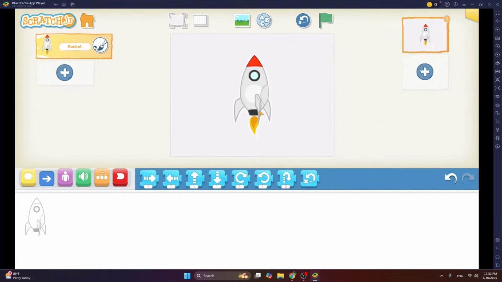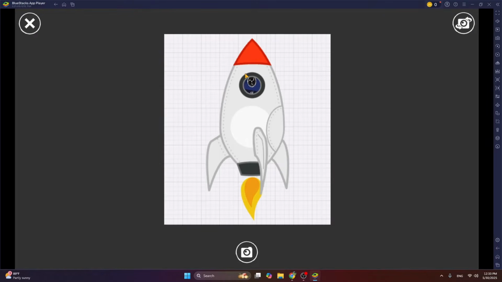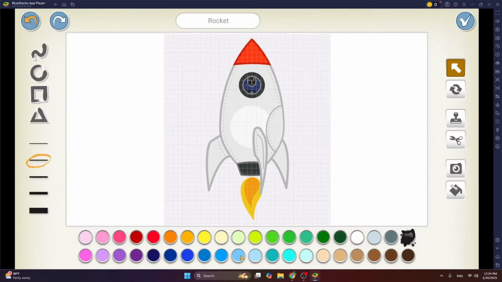Okay. And we can do a very cool thing with this rocket ship too. So if you click on this paintbrush next to the rocket ship character and then you click on the camera and click on this place, because I am recording this video on my computer and I don't have a camera right now installed to my PC, so my picture is not coming here. But if you're doing it on the tablet, your picture will be coming here. So just make a nice pose as if you're looking out of the window of a rocket ship and then click on this camera button and your picture will be coming here. And then just click on the tick mark.